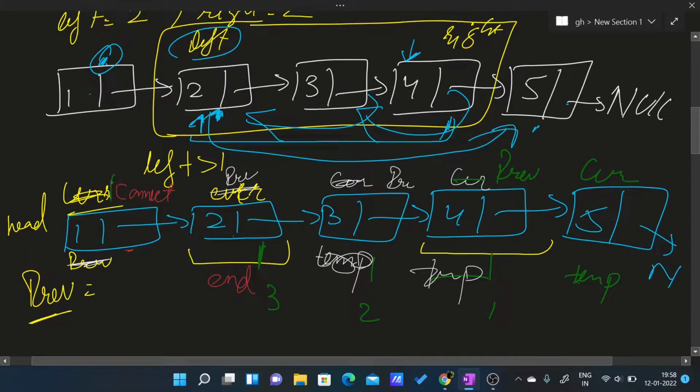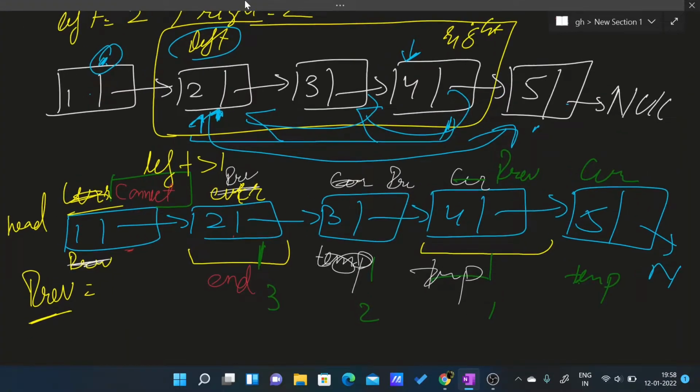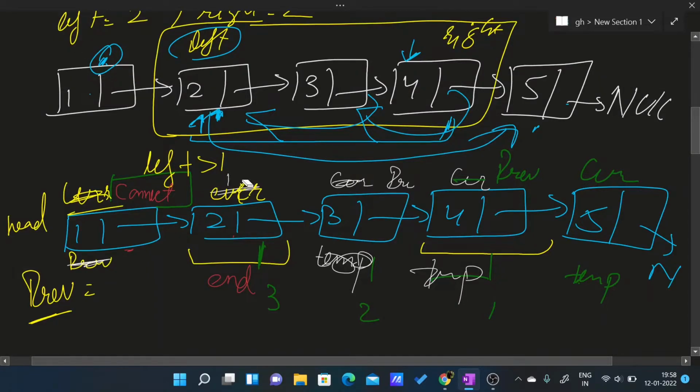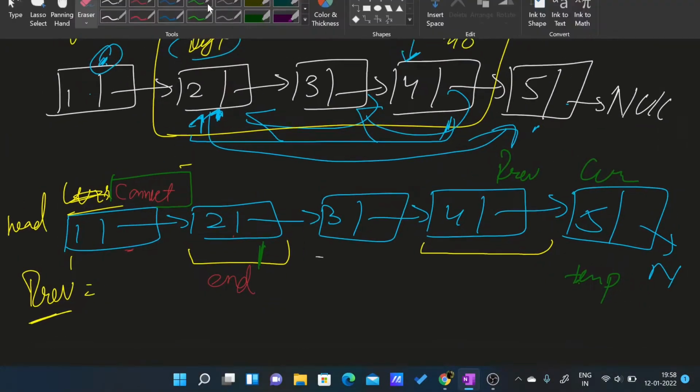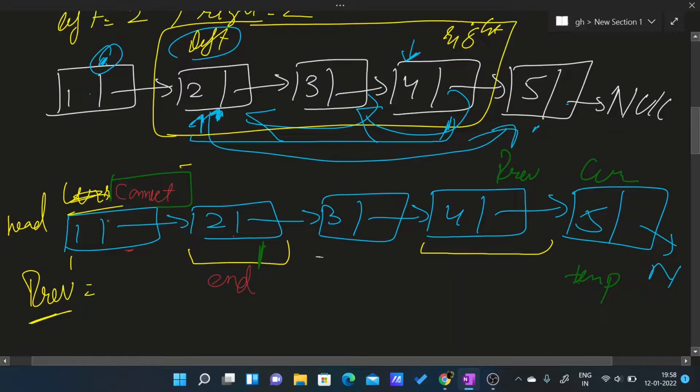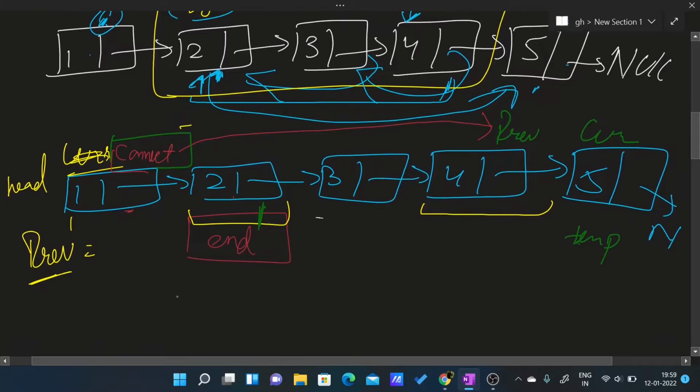Now I have this connect. Let me just erase it a bit so it becomes a bit clear. So this is what I have at the moment, right? So I have this connect, and here I have end. So what I'll do is simply I'll just make connect next to the previous, which will make my linked list something like this: 1 points to 4, 4 points to